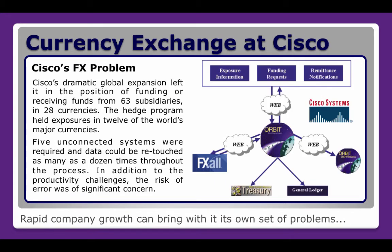Cisco also. Cisco at one time made 60% of the world's routers, so the kind of junctions on the internet. But the problem with that was that this massive growth of sales that they had was global, and they suddenly were taking large sums of money in from their 63 subsidiaries in 28 different currencies, and with exchange rates changing all the time, this could make a major difference to their profitability. One currency depreciating just after they'd taken a big contract, for example. So they needed to find a way of having